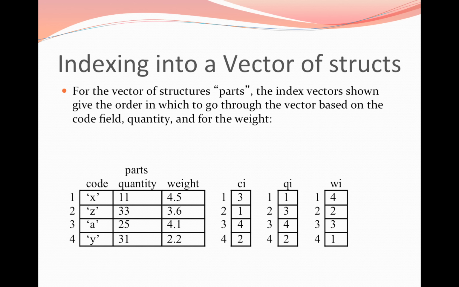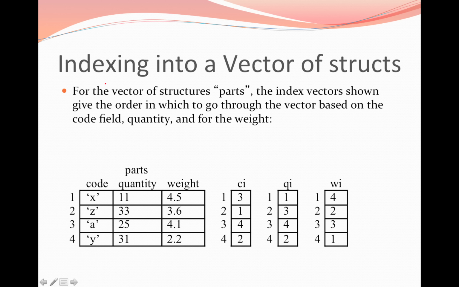Here's a vector of structures called parts. So parts is a vector that has 4 elements in it. Each element is a structure that has 3 fields: code, the quantity, and the weight. Index vectors would tell you the order in which you should go through this parts vector based on a particular